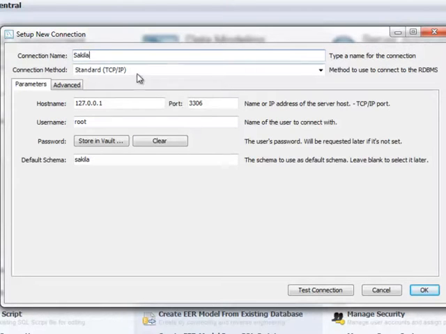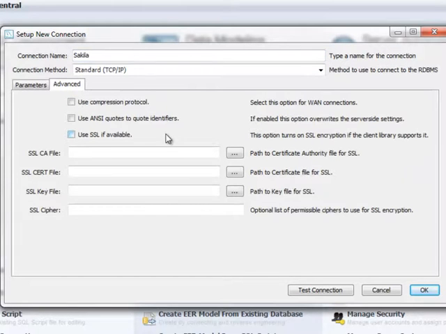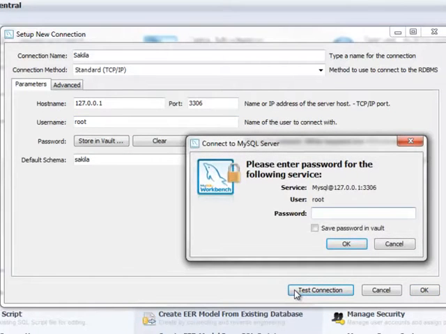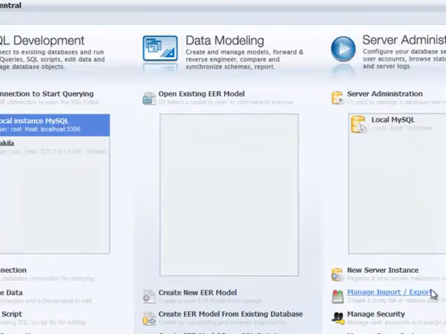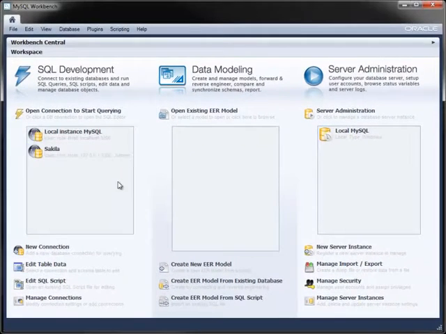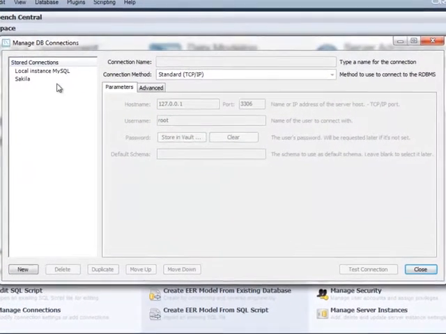You can also set per connection options, for example, to enable compression over networked connections. While it's possible to save your password with each connection, you might consider it more secure to enter the password each time you connect. You can work with all of your stored connections with the Manage Connections dialog that displays